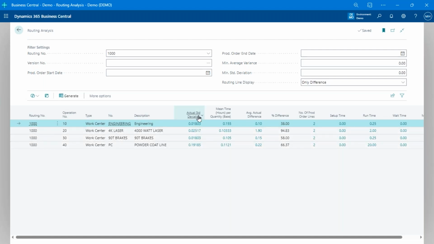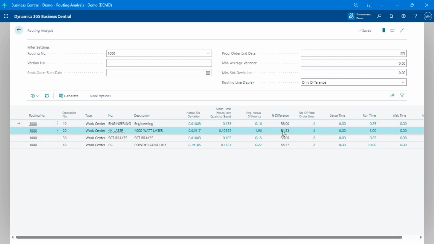And the other nice thing about this is the standard deviation. That's a measure of the variability in that process. So if I have a high standard deviation, like if I'm out by a sigma or two, that's a problem. Because every time I do this production, even if the difference is maybe 1 or 2%, like my expected is 2 hours and my actual is 2 hours, if I've got a lot of variability, that's a problem.